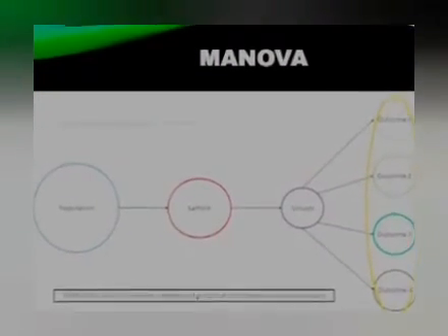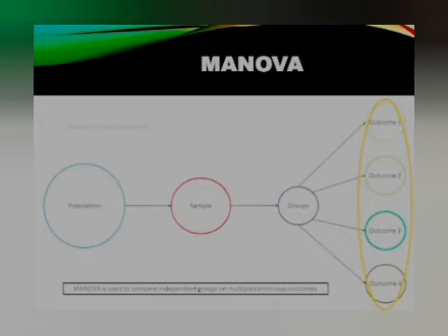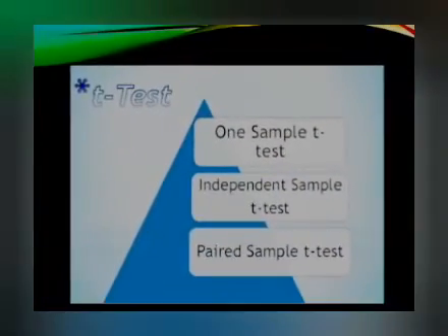Next, MANOVA. The method is used to compare data variables whose value is not specified. MANOVA can be used to analyze different types of population and factors that influence their choices. Last one, t-test. It is another method that is used to understand the difference between two different sample types. This allows users to understand if the product output is useful or not.